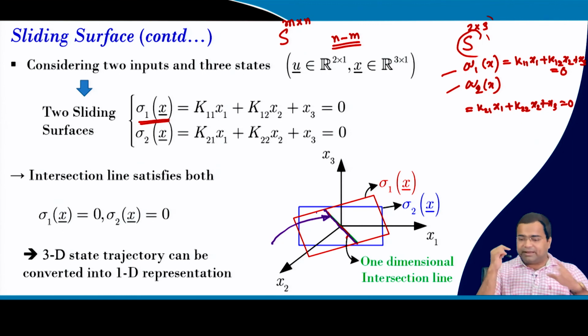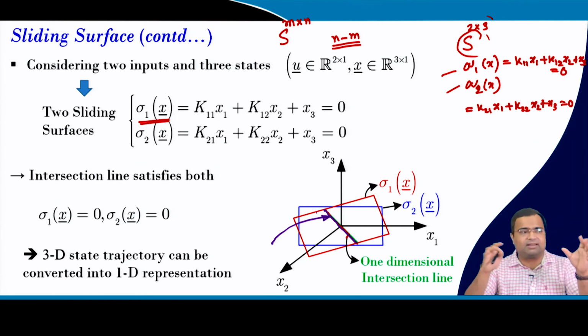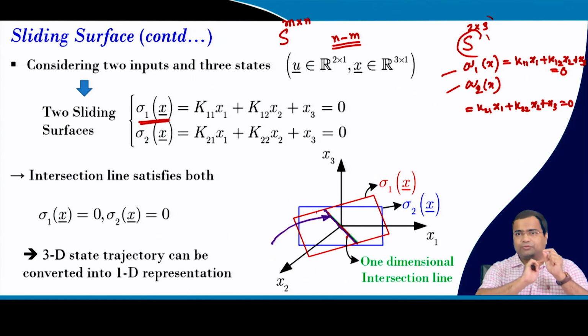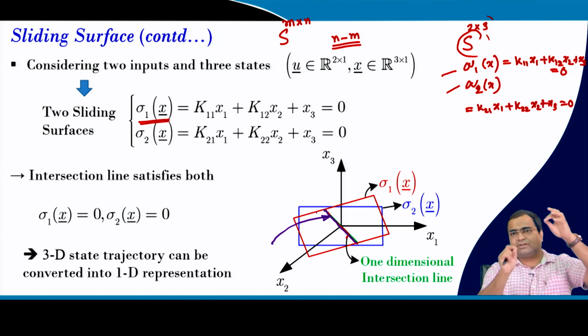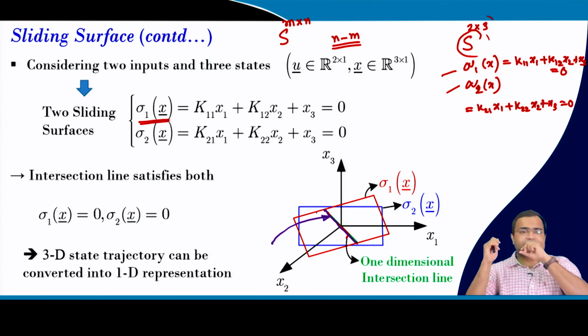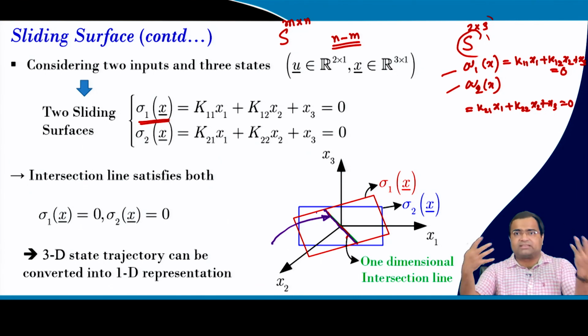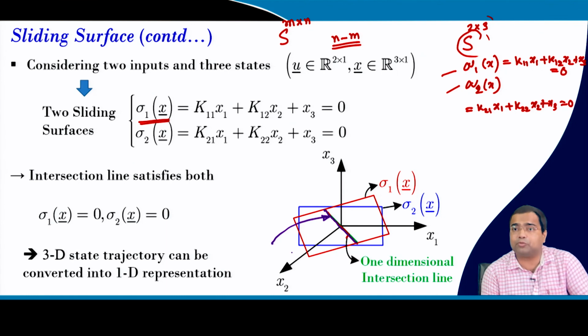So, for a 3D trajectory, we talked about the DC-DC converter with second order current and voltage, where we want to confine the trajectory to a first order hyperplane, just a one dimensional line. If we have another input and there are 3 states, then we can confine the motion to one line. Whether it is possible or not, we are going to discuss, but this is a physical realization of sliding motion, and the dimension of the motion in this case is one dimensional, along the line.